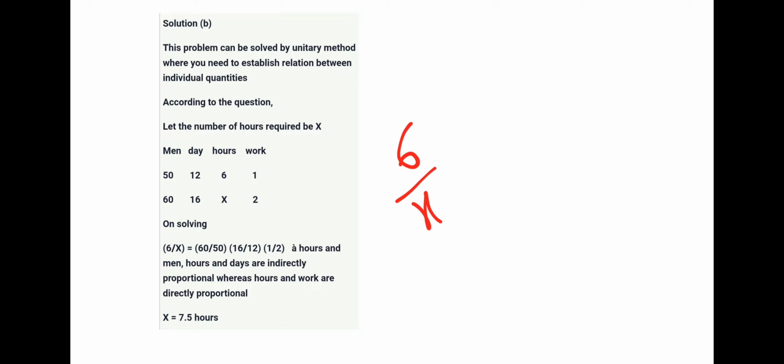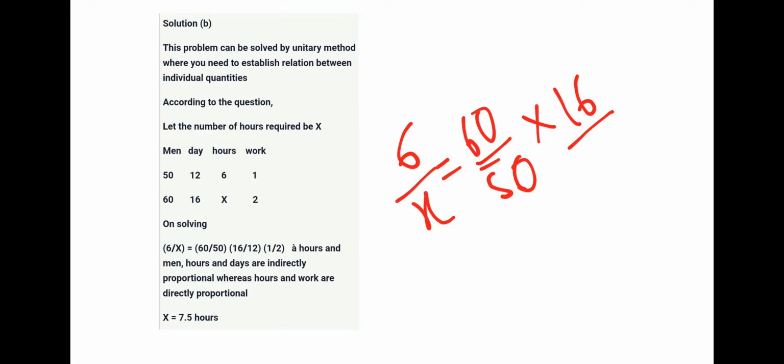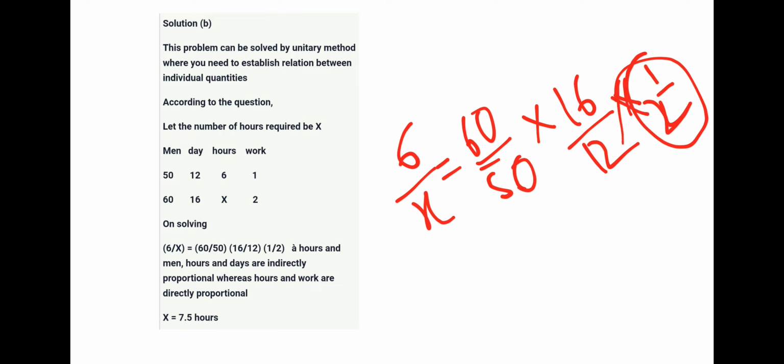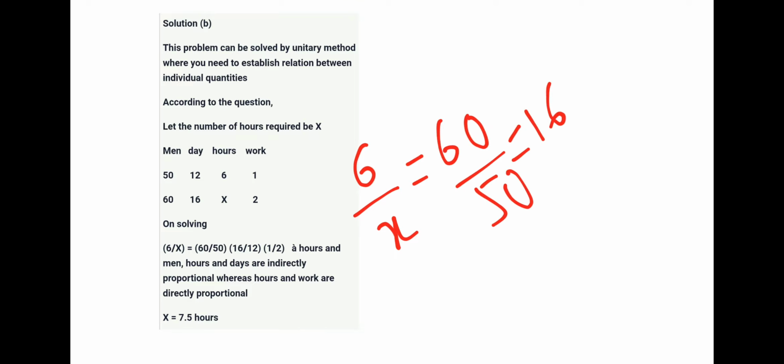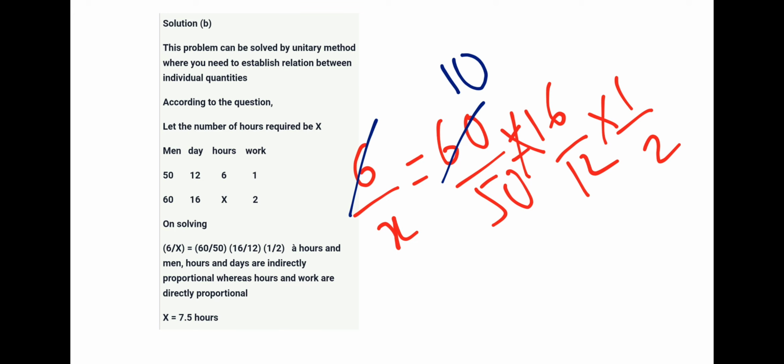So everything here is directly proportional except work, so we have to take it as 6 by x is nothing but 60 by 50 in the unitary method, 16 by 12 into 1 by 2. Okay, we have taken the inverse proportion for work, 1 by 2. If you solve this, 6 by x, 60 by 50, 16 by 12 into 1 by 2. Let me take another color. 6 ones are 6, tens are 0, the 0s will get cancelled, 2 ones are 2, 2 eights are 2 fours, 2 sixes are...